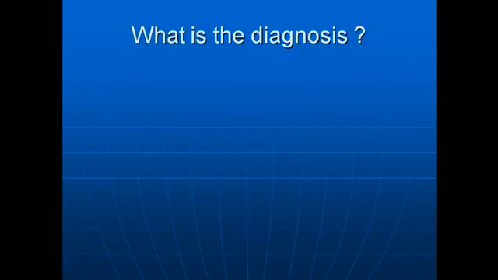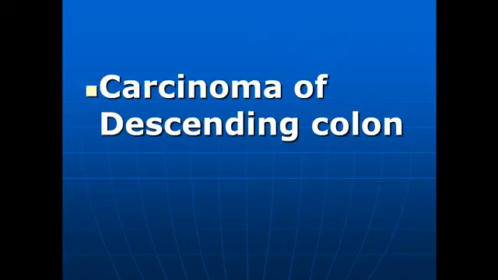That is, at what tissue plane the lump is arising. And you have to correlate this lump with the history of the patient, how the patient presents. If you think this way, several things will come to your mind. What may be the causes of this lump in this 50-year-old lady with a history of alteration of bowel habit, per rectal bleeding, anorexia, weight loss? It's not very difficult. So let us see what the diagnosis is.